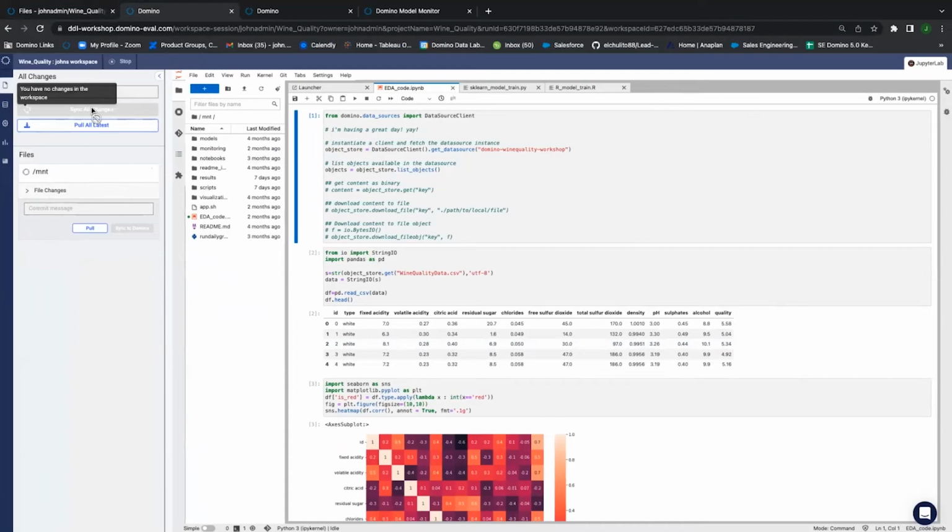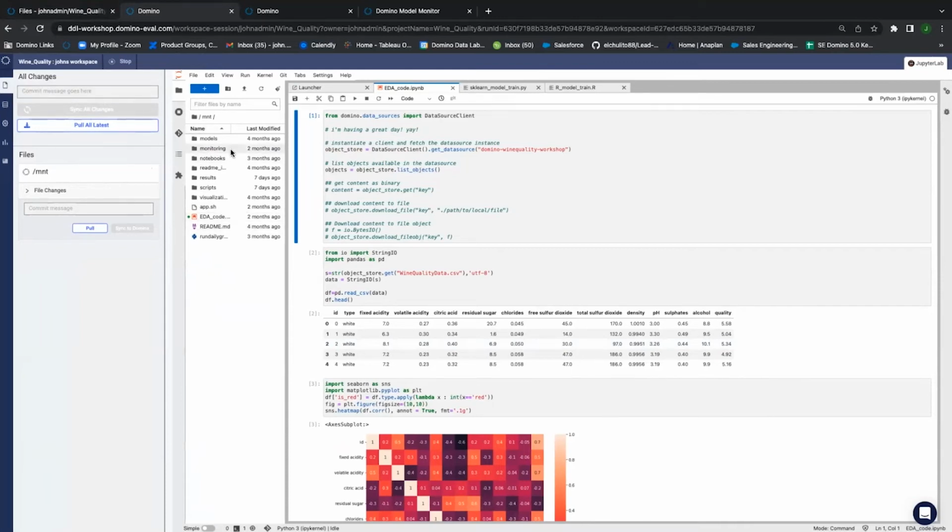If someone else in my organization is working in the same exact project as a collaborator, they have their own workspace environment set up. You can both be using the same exact file system, but you can update by using different branches, for instance, or you can use the same branch and rebase after each other, depending on how comfortable you feel with version control. But for the most part, you'll see you have those capabilities here.